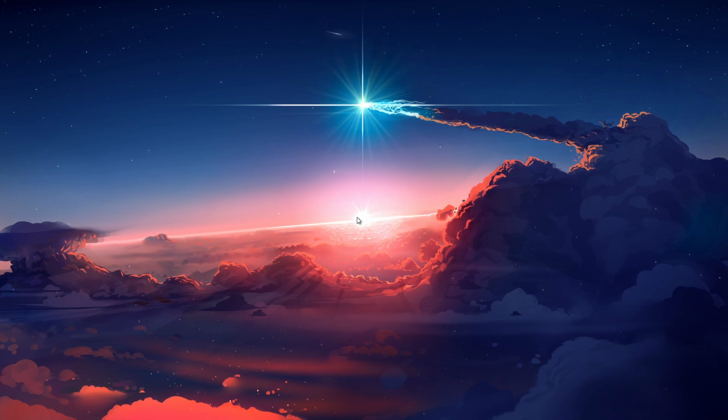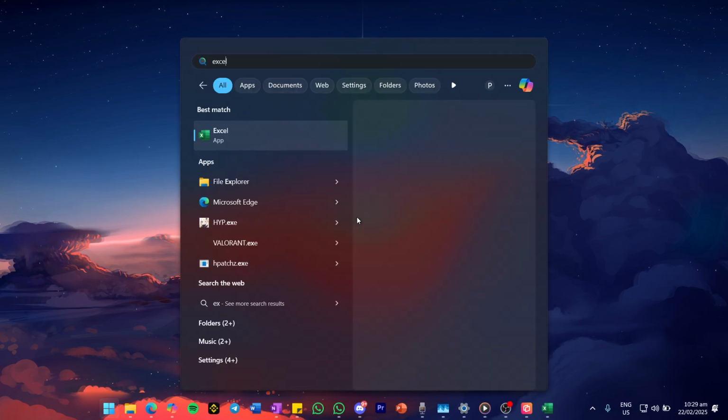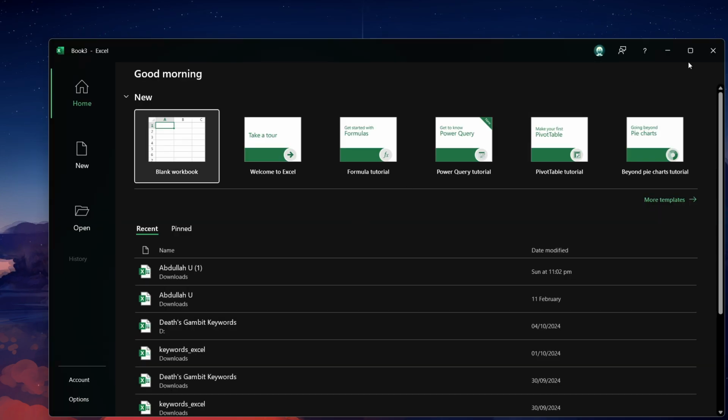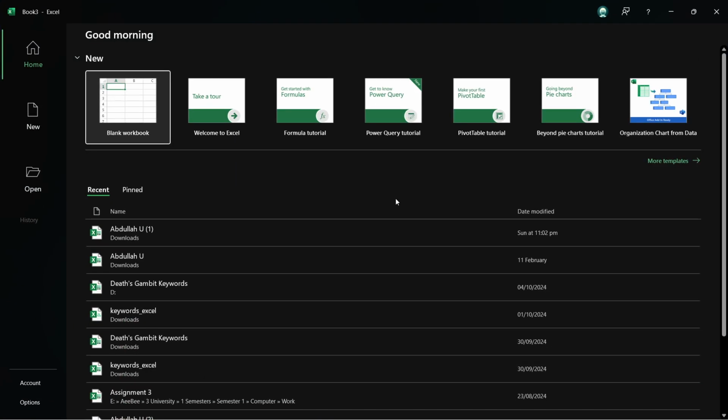Once the installation is complete, go to your Start menu, search for Excel, and click on it to open the application. The first time you launch Excel, you may be asked to sign in with your Microsoft account. Make sure to use the same account that you subscribe to Microsoft 365 with, and you'll be ready to start